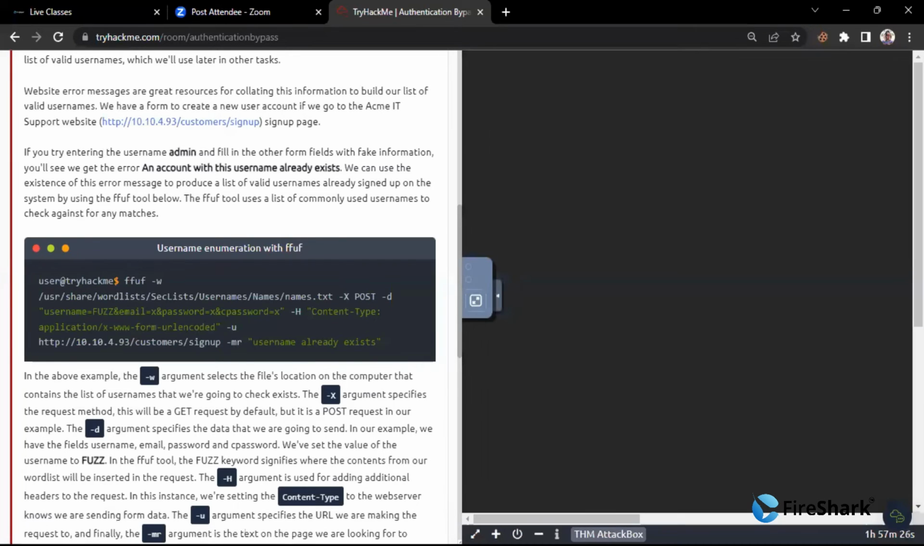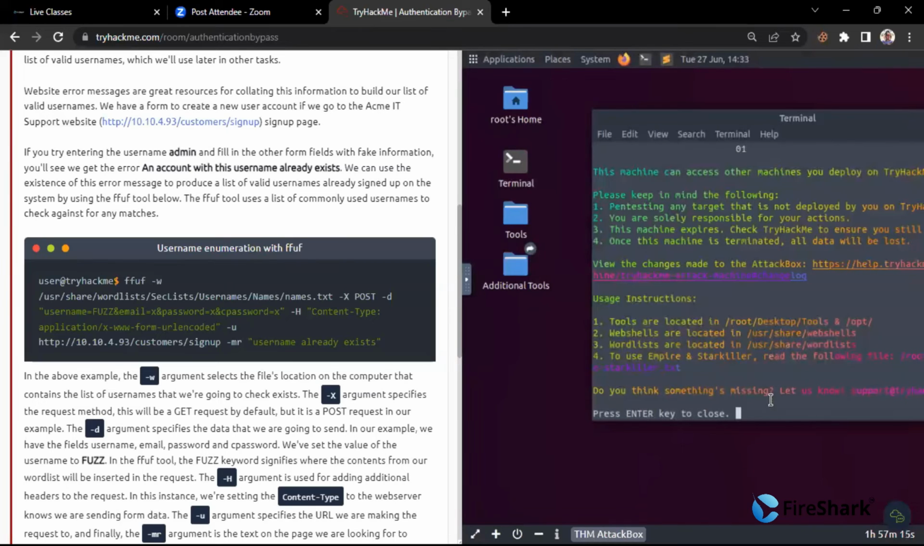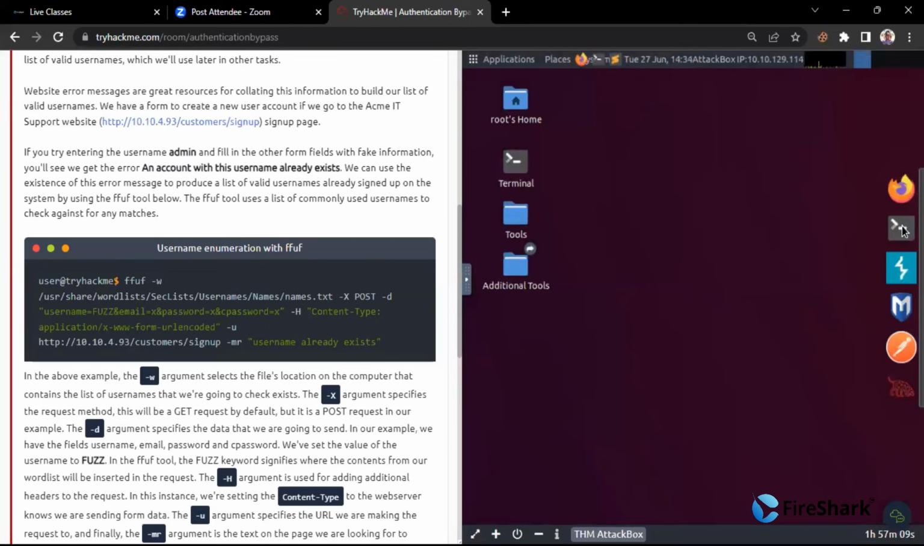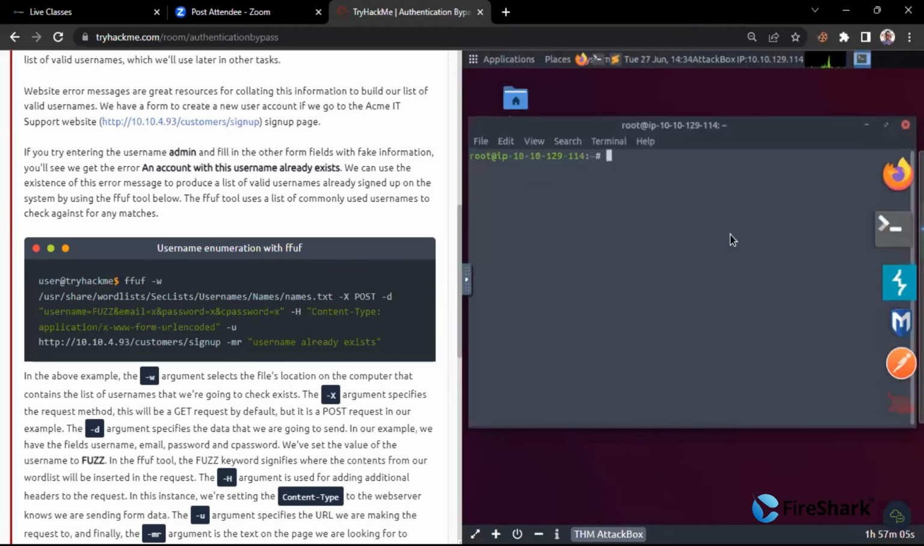So another method: first of all, we'll create our valid usernames.txt file. I'll enter this in the terminal, and then